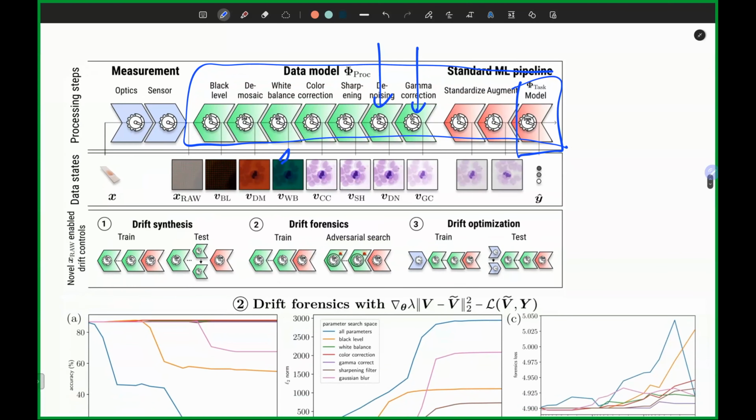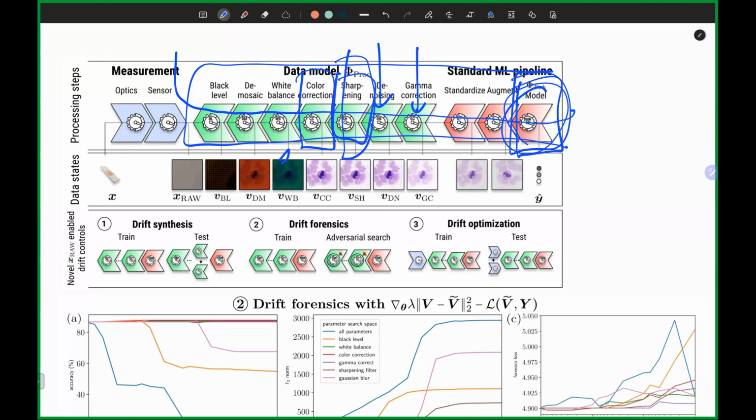Imagine this function here, the color correction, or the sharpening has some free parameters that you can set, and making them differentiable means that we can train our model like usual, this thing here, and once we're done, we can take new test data, pipe it through this entire pipeline, and then search on the parameter space of any particular step in this processing. So let's take the sharpening, and find a parameter configuration under which the performance of the